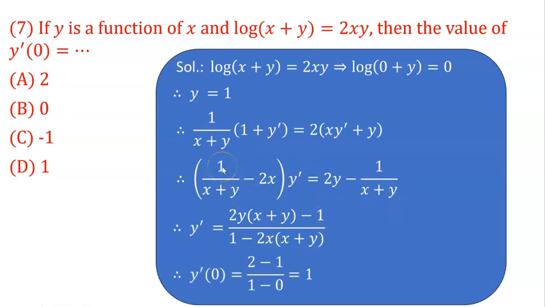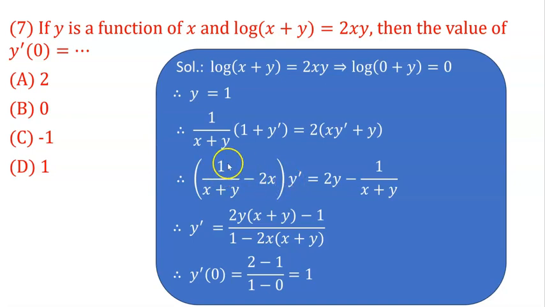Here 1 upon x plus y minus 2x. What about the simplification of this? 1 minus 2x into x plus y upon x plus y, bracket complete, into y dash is equal to 2y in bracket x plus y minus 1 upon x plus y. From both sides, the denominator term is common, that is x plus y, and hence y dash is equal to